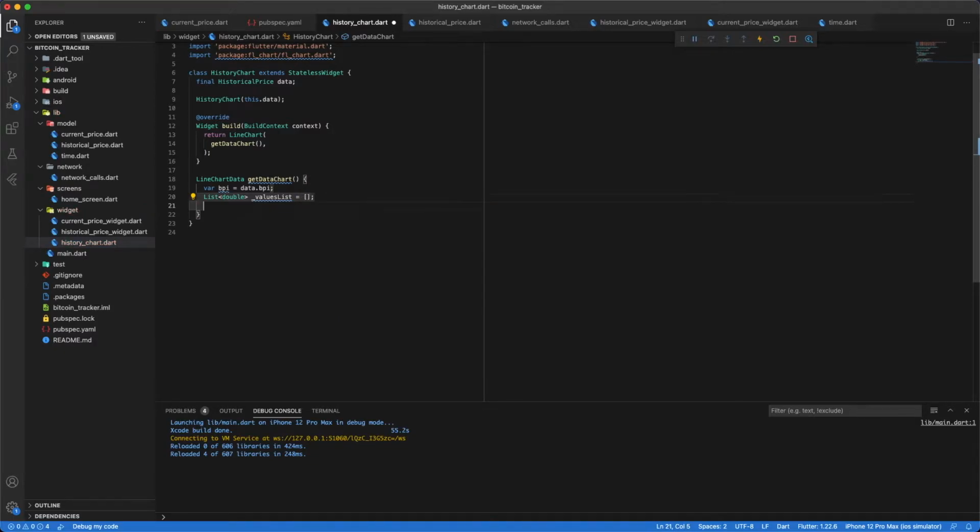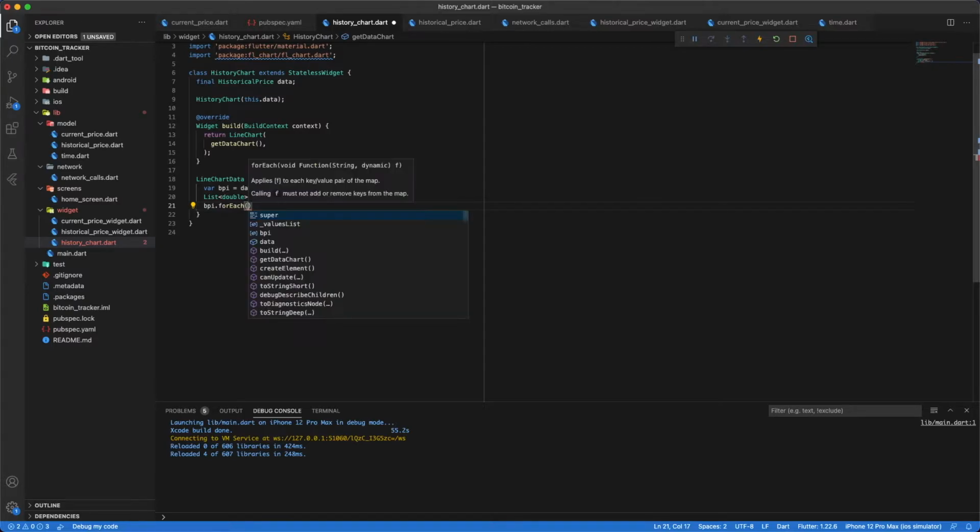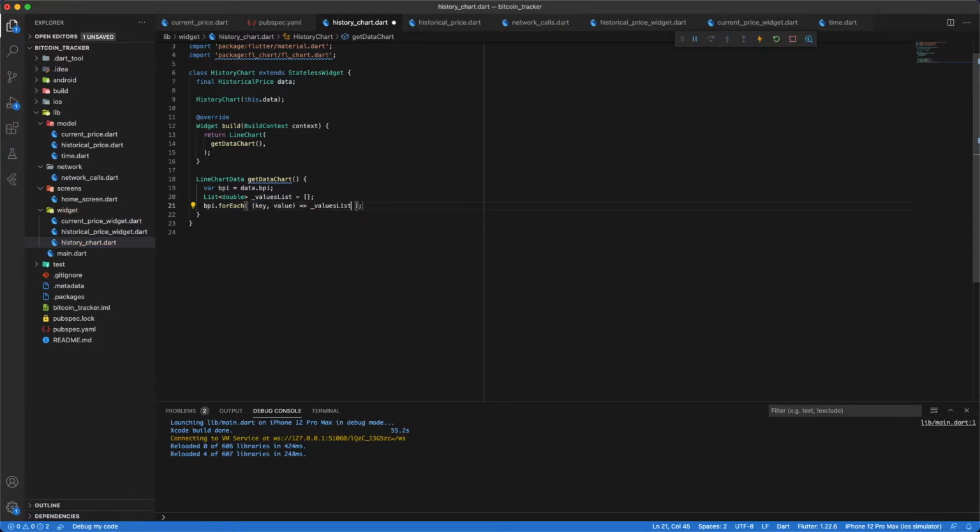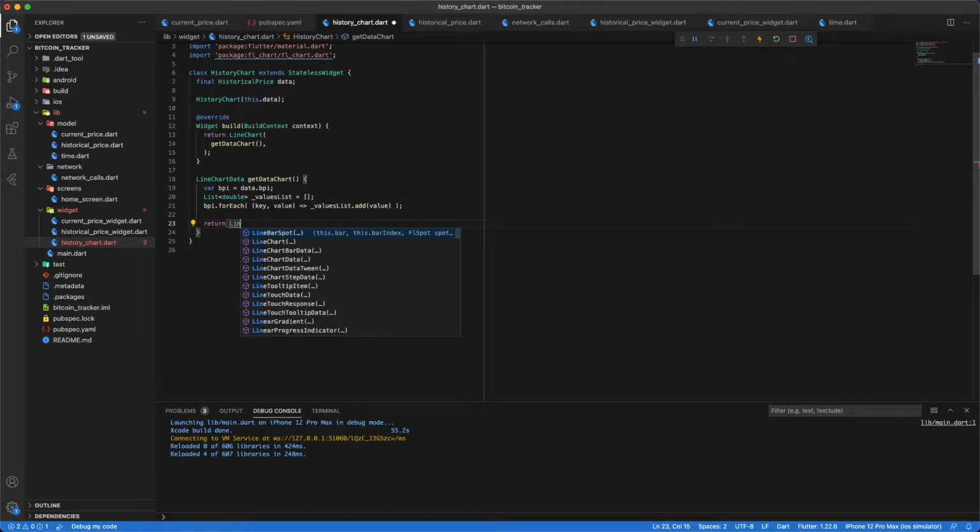And now bpi.forEach to iterate inside this list. And here receive a key and the value, and add the value to the values list. Like this. Okay, now we should return a line chart data